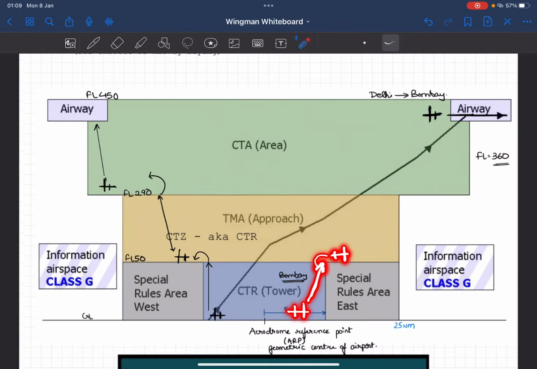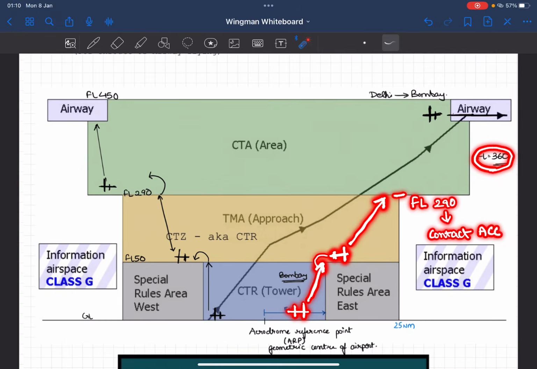You have to pay attention to the vertical limits and the horizontal limits of the approach, area control, and tower. Once you've switched over to the approach frequency, you'll request a climb all the way up to flight level 290, which is its vertical limit. Even if you ask for a climb till your intended flight level of 360, like we spoke, the approach can clear you only up till its jurisdiction. So it will clear you to flight level 290, after which it will instruct you to contact